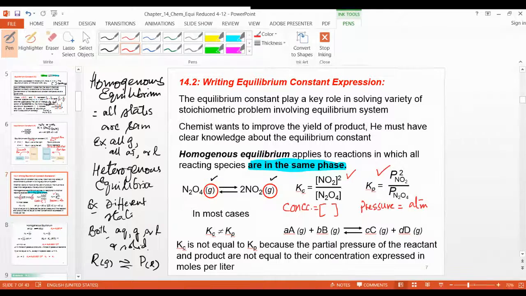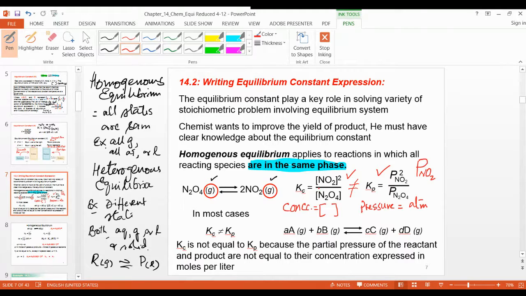And if you write the Kc form, you will write NO2 bracket squared over N2O4 bracket. If you write the Kp form, you write capital P first, then at the bottom NO2, and if it is squared, you show the square like this. Similarly here, there is no coefficient, so it is a one coefficient, and one is never expressed. And there is a condition here between Kc and Kp. Kc cannot be equal to Kp.